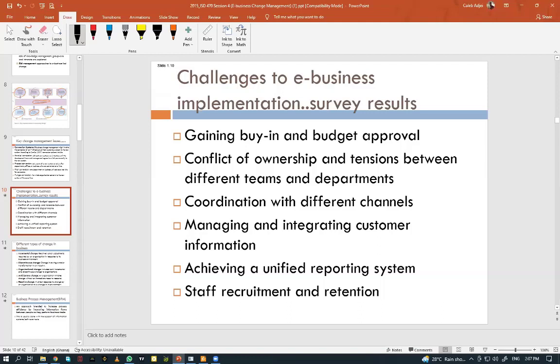Then staff recruitment and retention. You go and pick someone, train the person very well, and at the time when you feel the person is good enough for you,